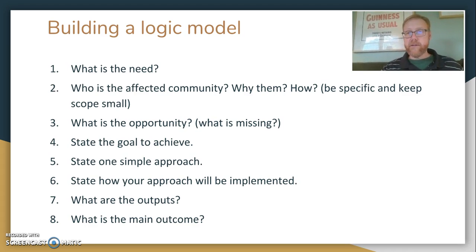And maybe you have a multi-pronged approach to providing opportunity to solve this need that is frankly outstanding and needs to be implemented as a multi-pronged approach because all the different prongs overlap with each other. Maybe that's the case. And so in that case, you'd want to make it still as simple as possible, but multi-pronged or multi-phased or whatever it is. But if you can narrow it down to one simple approach,